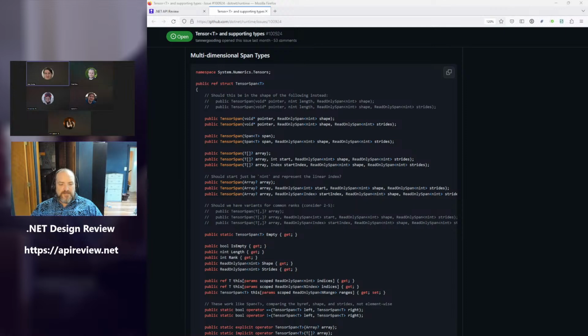I think we determined that dimensions was confusing because it might be inferred to be number of dimensions, aka rank, instead. Okay. Yeah, but unless it's a ParamSpan, you can't pass a pointer comma 6 and